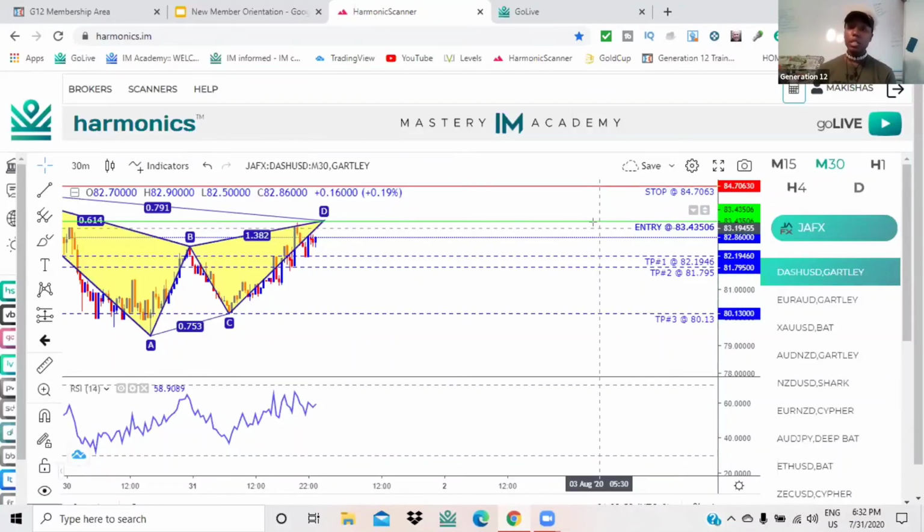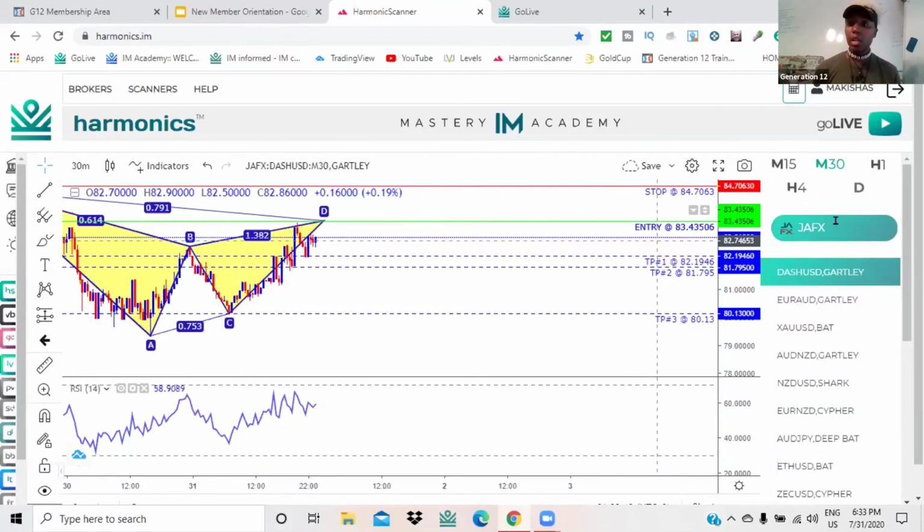So how to know if this is a buy or a sell order? You will look at the entry. So the entry is here. And what you're looking at to see what a take profit is, the take profit is below. Anytime the take profit is below the entry, that is a sell, because you're taking money when it goes down. So anytime you have the entry, take profit below, that is a sell.